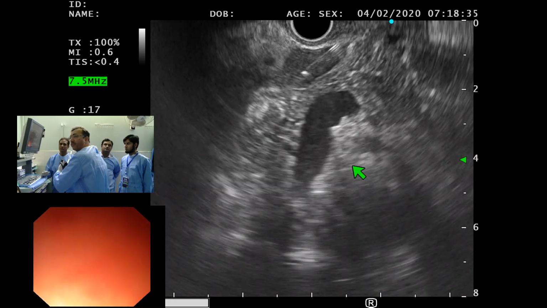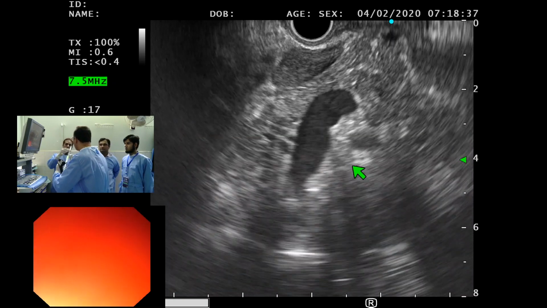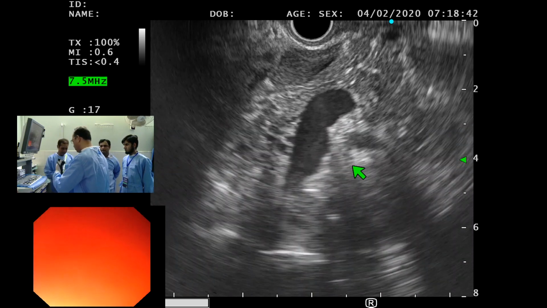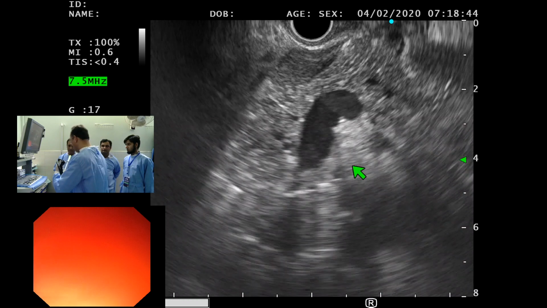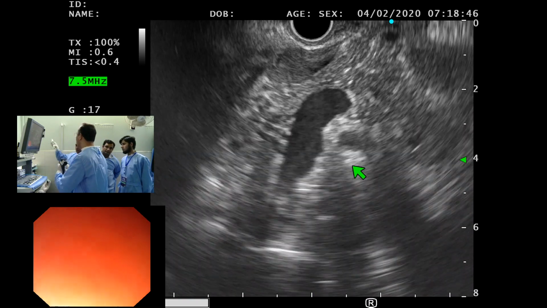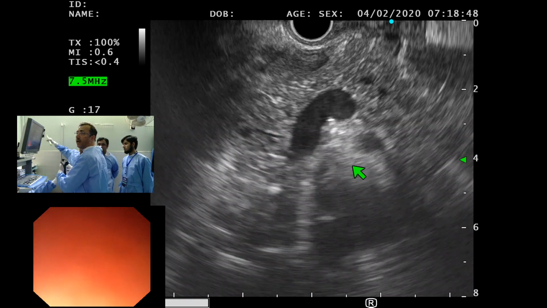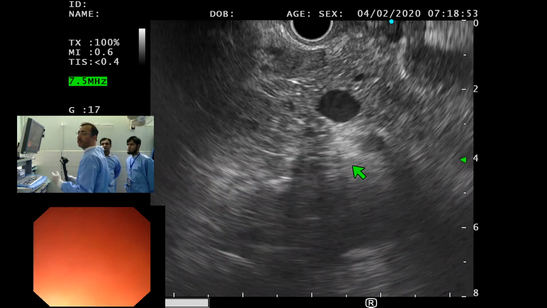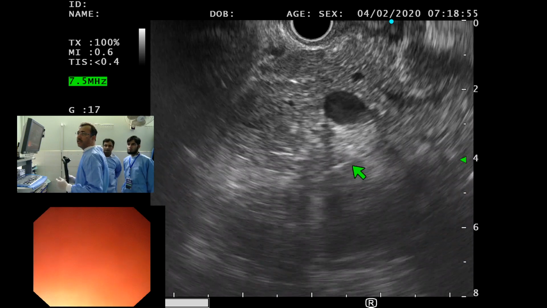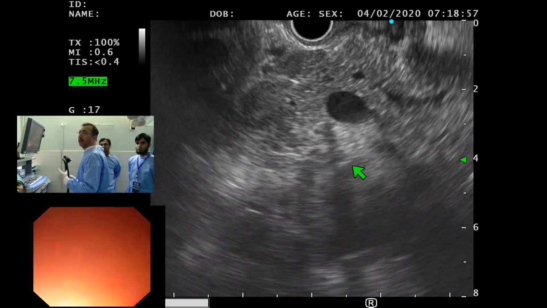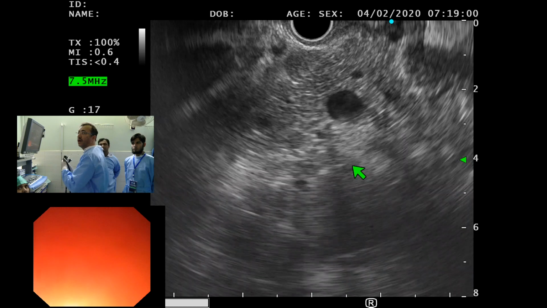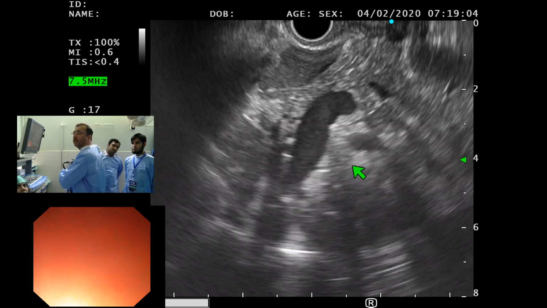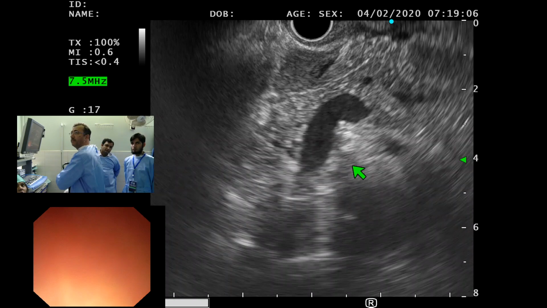So how many punctures do you make, Riyas, with the FNB now? Generally, I make 2 or 3. It all depends. I also follow your routine, as long as I'm guided by my colleague, whosoever is reading the slides. If he says that you got the core, you got the tissue, and we have got the diagnosis right on the first pass, I may stop there. But generally, minimum 2 passes we do make. Okay.